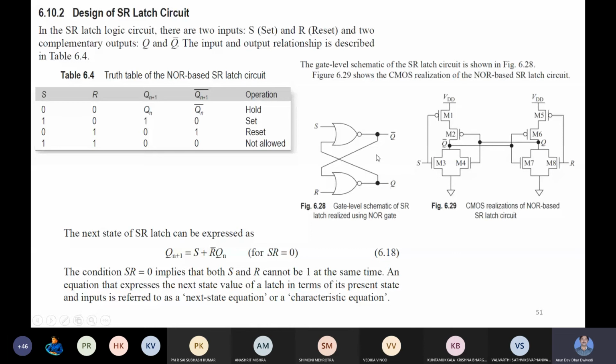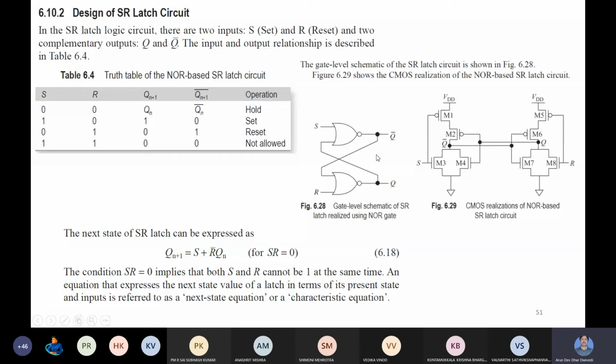So this implementation can also be done, because a NAND gate requires two NMOS transistors in series in the pull down network, and two PMOS transistors in parallel in the pull up network. Suppose this one NAND gate is where S is the input. The left side is one NAND gate, and the right side is the other NAND gate. Again, feedback is as per the requirement of the gate level logic diagram. From the gate level diagram we can see that Q is given as input to the other side. So this Q is given as input to the other NAND gate.